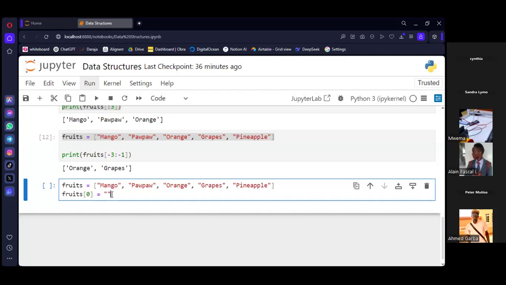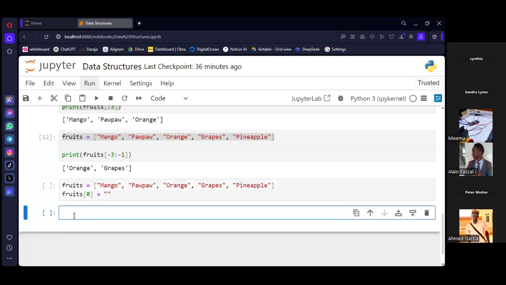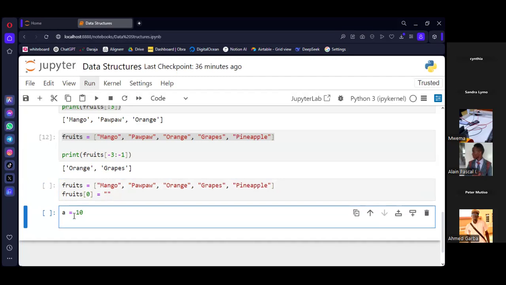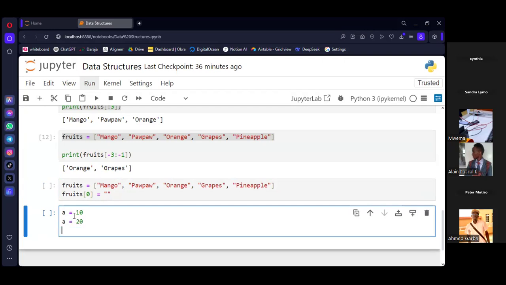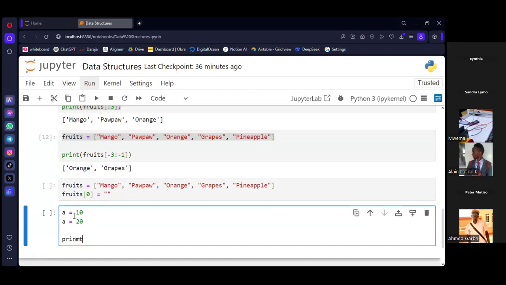By the way, we demonstrated the other day that Python is dynamic. For example, when you say A equals 10, and then you reassign A to a new value like 20, when you print, it's going to return the latest one.